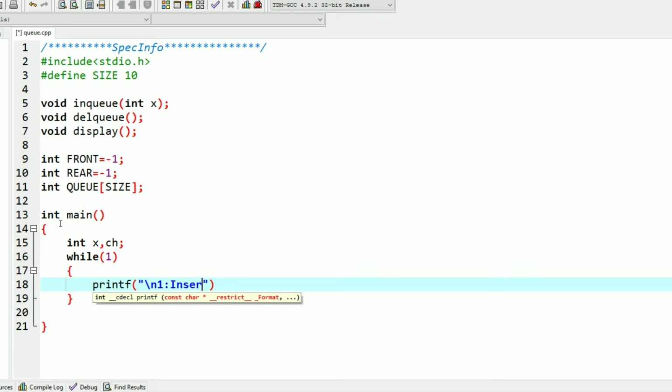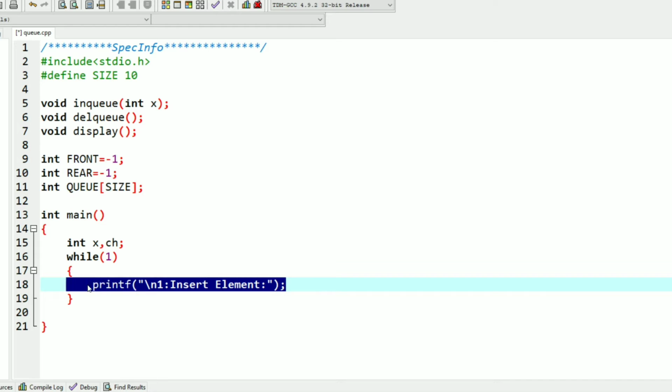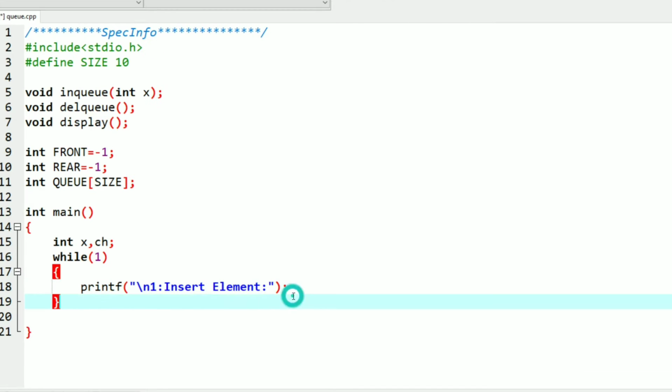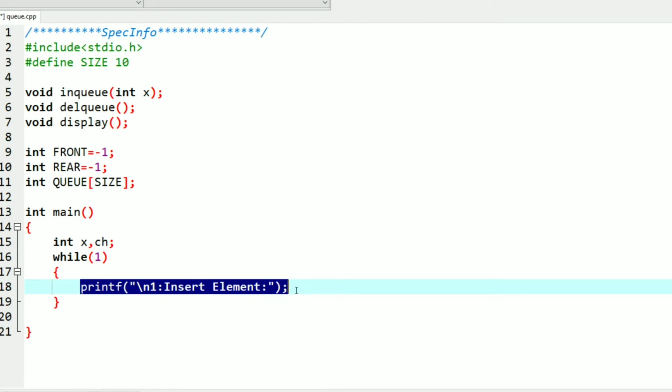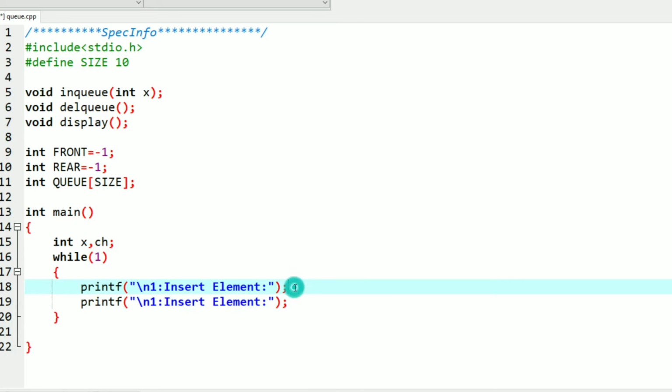So we will write a code similarly. So the first will be \n, means the new line, number 1 colon insert element. Okay, so we have to do like this only. So the second will be the delete element, so we'll copy this and we will paste below and we will write delete element.